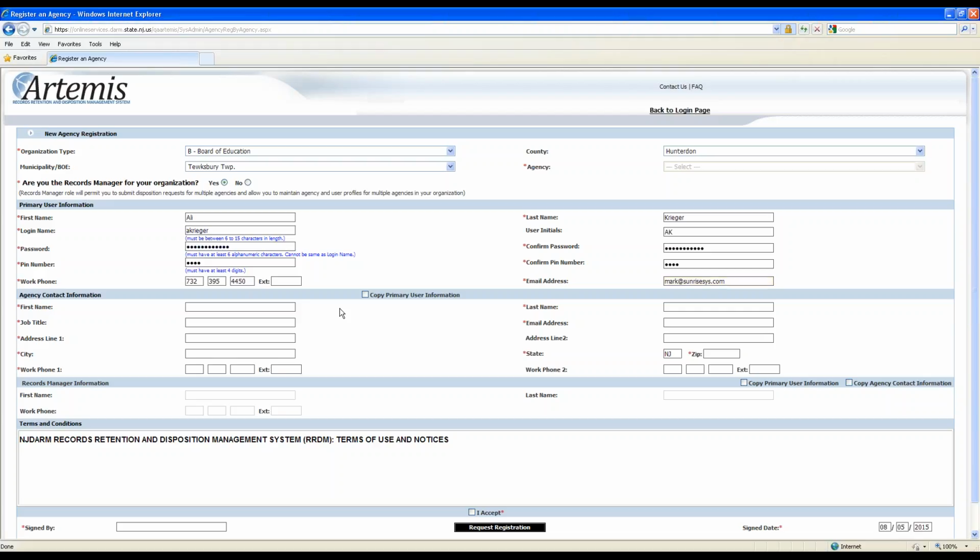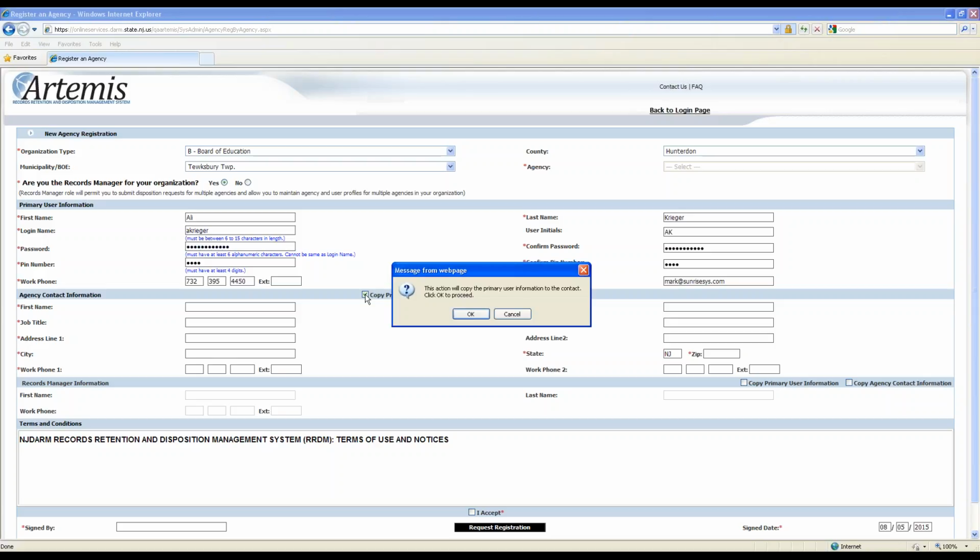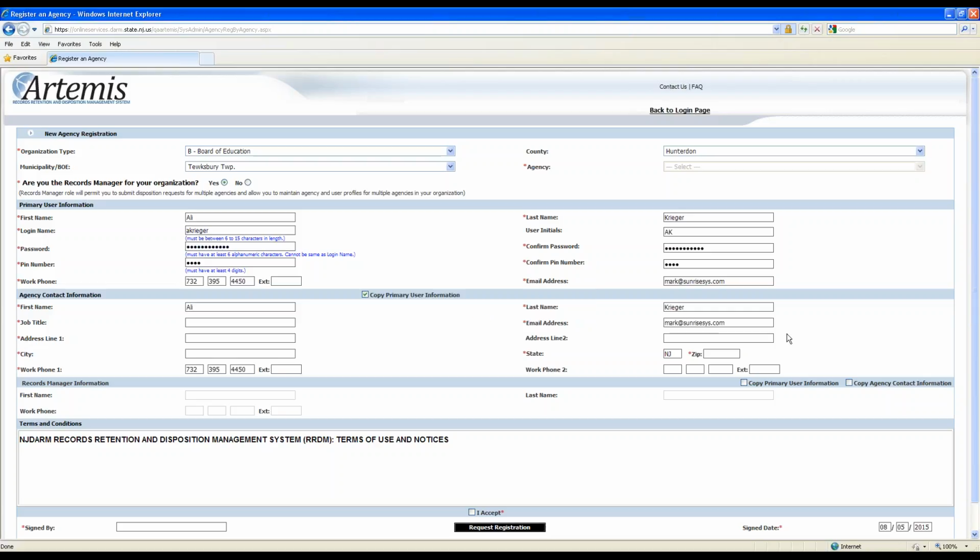Now, below that, that's the primary user information. Typically, all the information entered on this screen is going to be the same information. In some counties and municipalities, that information might change from section to section, but I think here with the Board of Eds, everything will be the same. So to make it easier to add information you've already entered, if you click on the checkbox here that says copy primary user information, it's going to copy the fields from above and place them down below for any fields that match. So I'll hit OK, and you'll see the fields that match up above will be populated.